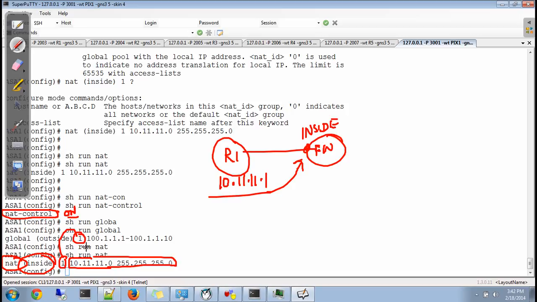First of all, it will go to the NAT rule. After that, it will go to global. Global is the pool from where the IP should be given. But before you give an IP, you should check whether this host should be given an IP or not. Directly the packet will go for the rule. First, it will be checked whether the NAT control feature is enabled or disabled. If it is enabled, then it becomes mandatory to use this. If it is disabled, then also it will check whether there is a rule or not. If there is a rule, it will translate and send. If there is no rule, it goes directly.